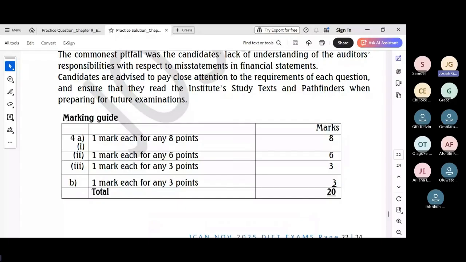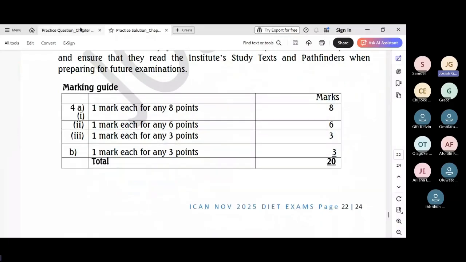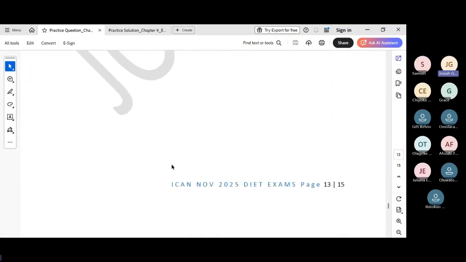Secondly, the nature of the event. The disclosure must include details of the nature of the event that has occurred. So, for example, destruction of a main assembly plant by fire, it has to be disclosed. Then any financial effect should be disclosed also. Financial effects, which includes an estimate of its financial effect, for example, estimated replacement cost of millions, or a statement that such an estimate cannot be made, something like that. So the financial effect should be stated, and that's how to pick your 3 marks on this last question.